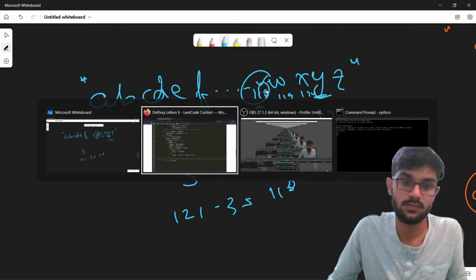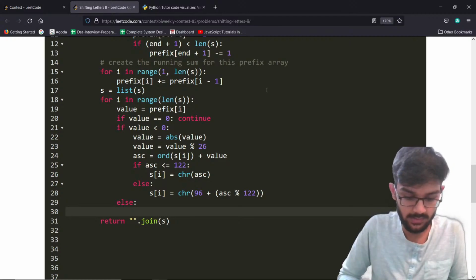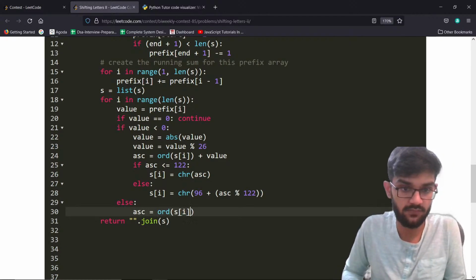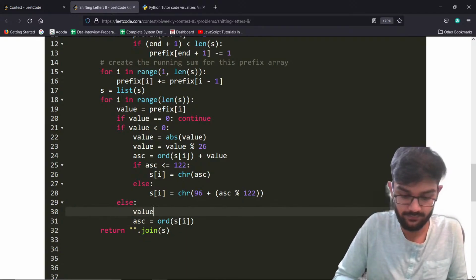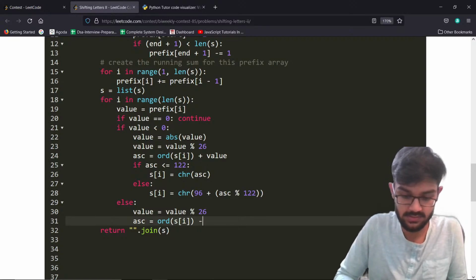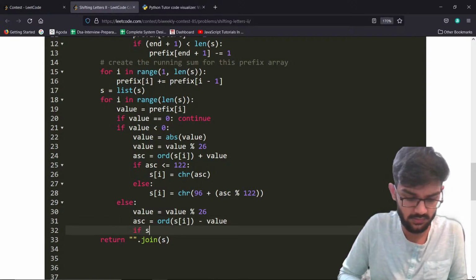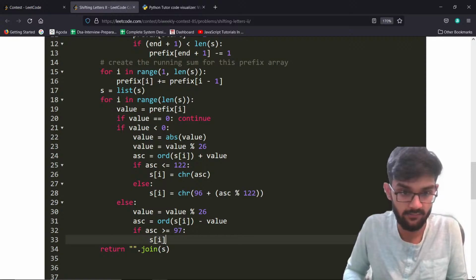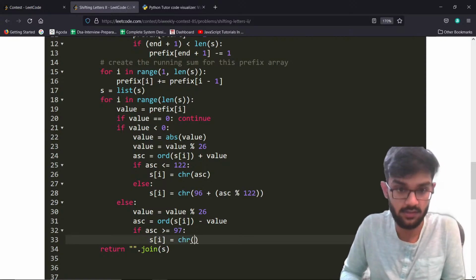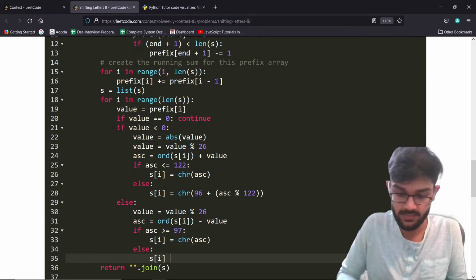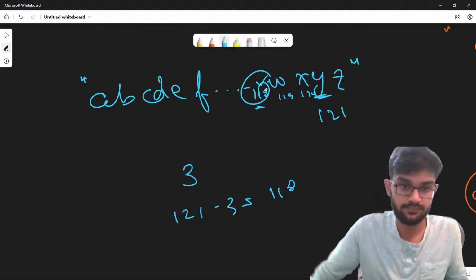So right now I can say that my new ASCII value will be ord of s of i, and value is going to be value modulo 26. This will be this minus value. So if it turns out that my ASC is greater than or equal to 97, in that case I can happily say that s of i is going to be chr of whatever my ASCII value is. Else I can say s of i is going to be the chr of, let's see, let's say I'm